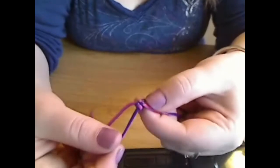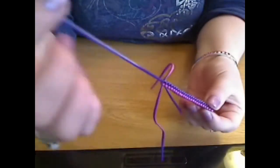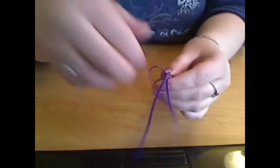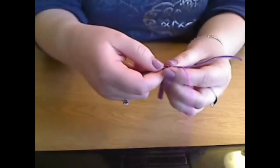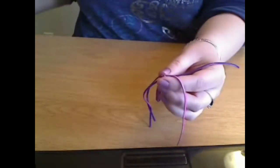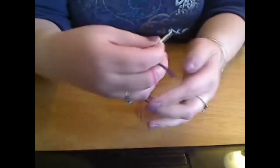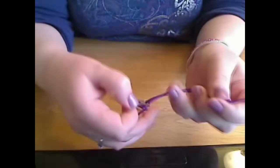You just want to keep doing this until you get a good length, until you reach close to the end. So go ahead and do that. Once you have about 2 inches left of your lace, you want to stop so we can tie on our zipper pull. So take your zipper pull, and we're just going to tie it on by taking 2 of the strands and looping it into the zipper pull,